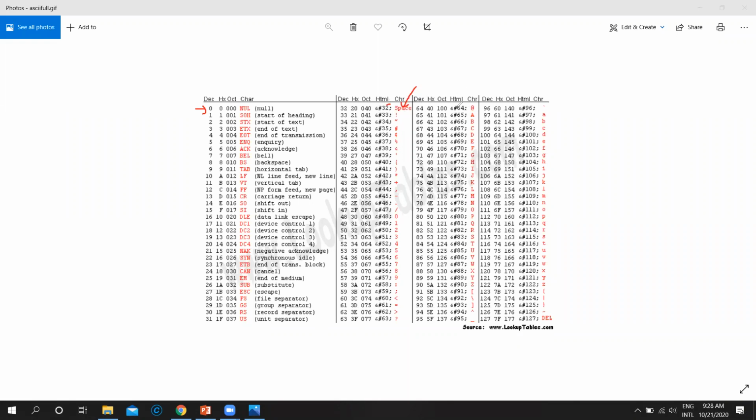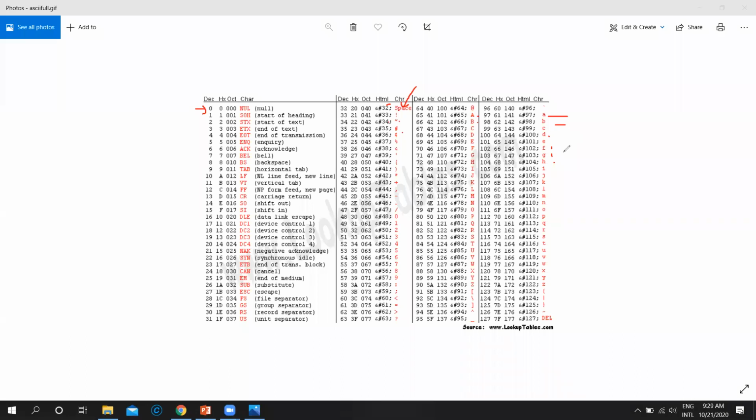The computer converts a space to 32, an exclamation sign to 33, a quotation mark to 34, this hash sign to 35. Then capital A, I hope you can see it, is converted to 65, capital B to 66, and it goes on. It converts a small a to 97, a small b to 98, and goes on. That means whatever you can see on your keyboard: hash, escape, backspace, F1, F2, the Windows button,